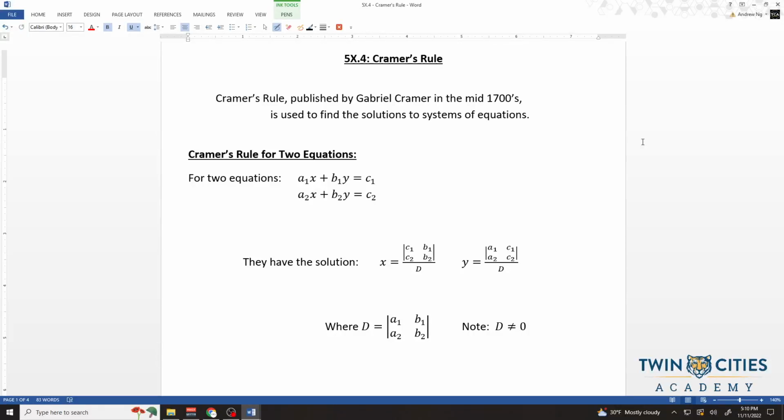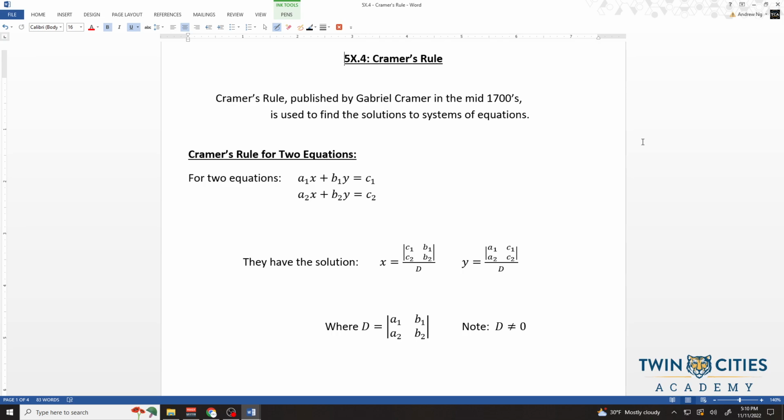Today we're going to combine a little bit of the old with a little bit of the new. In the last unit, we talked a lot about systems of equations and finding the solutions to those systems of equations. And in this unit, we've been talking a lot about matrices. Well, in this section, we're going to be using Cramer's rule. This was published by Gabriel Cramer in the mid-1700s, and it's yet another way to find the solution to a